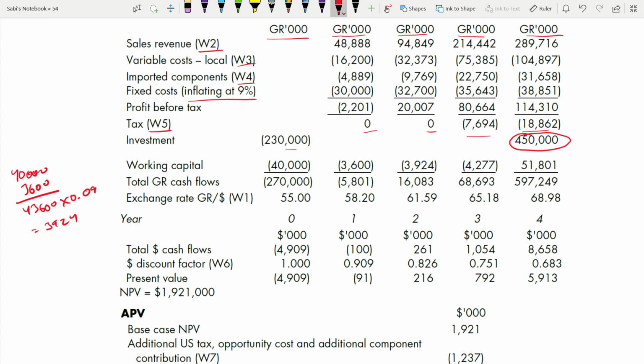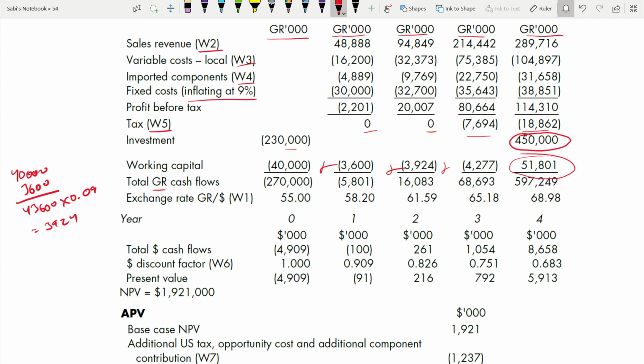But when you come to the final year, what you have to do is just add all. Whatever you get is this. It will be positive because it will be recovered. Just add all your working capital from year 0 to 3: 0, 1, 2, 3. Whatever the total amount is will be recovered, which will add up to 51,801. Now, total cash flow. What currency is the cash flow? Gamalion.